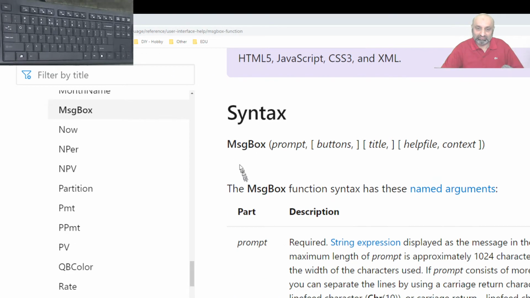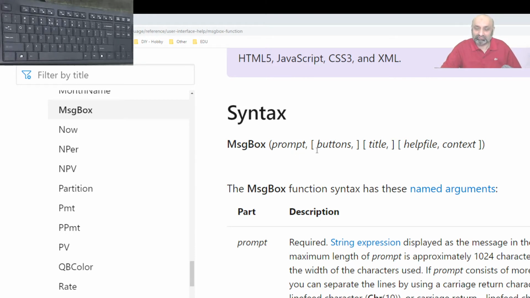Let's go to the syntax. MsgBox, then prompt. Prompt is what appears in the body of our message box, and that was hello world. So hello world was the prompt, and then buttons.